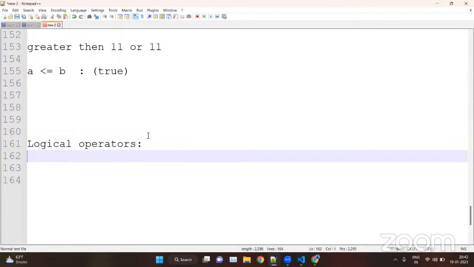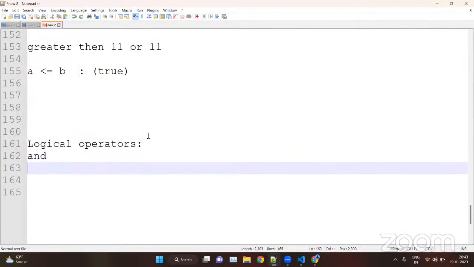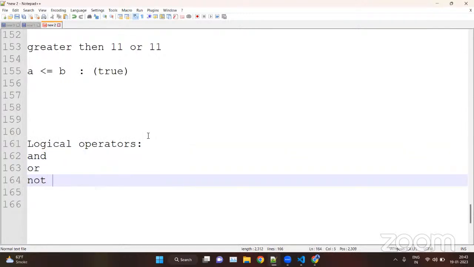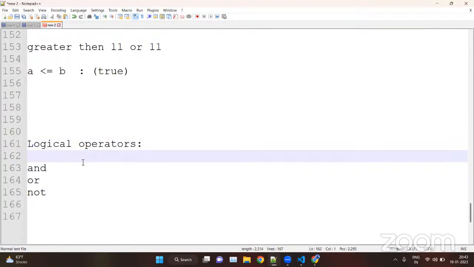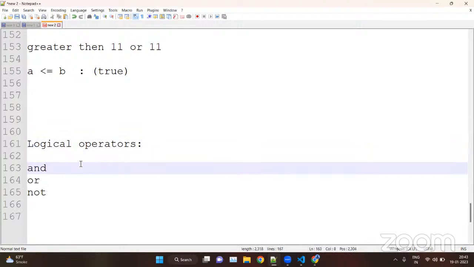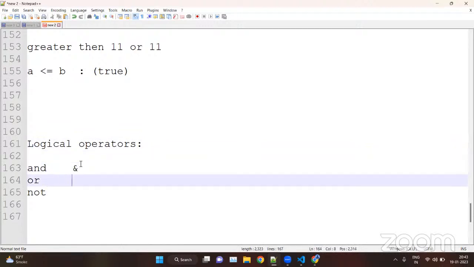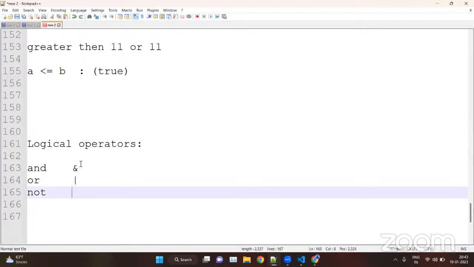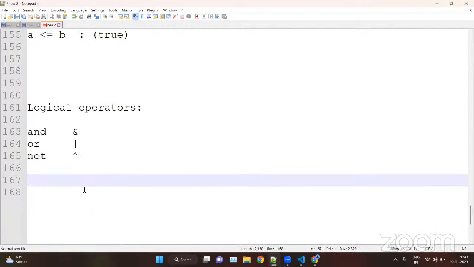So in the logical operators, we have and, or, not. And means ampersand, or means pipeline, and not means this one. Okay, and, or, not. So here, and means